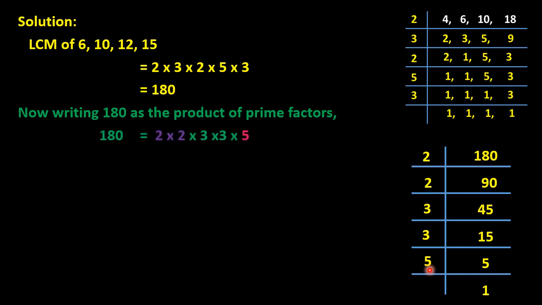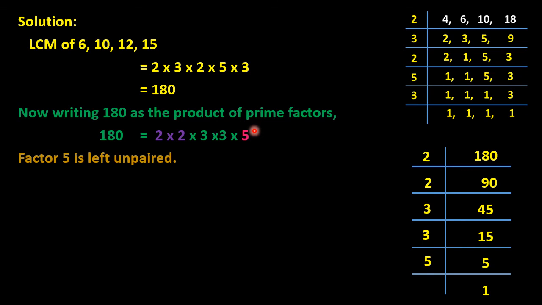So these are the prime factors of 180. So we write 180 as the product of prime factors. While writing 180 as the product of prime factors, we see here 2 and 2 will make one group, 3 and 3 will make another group. So the only factor left unpaired here is this 5. The factor 5 is left unpaired.